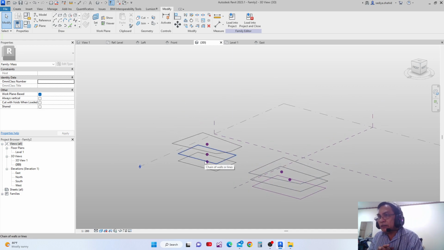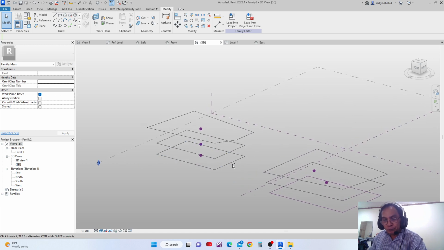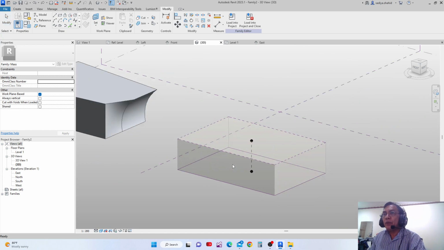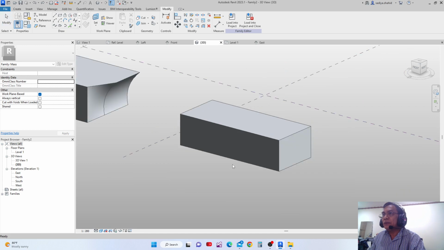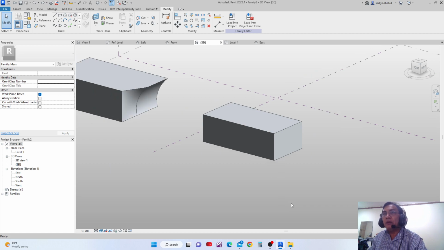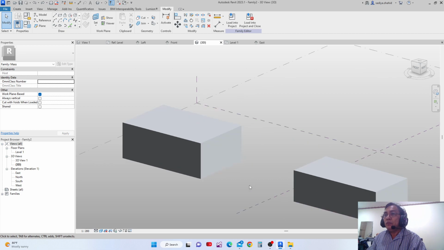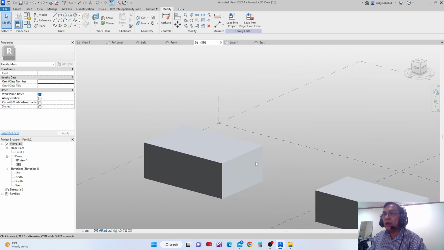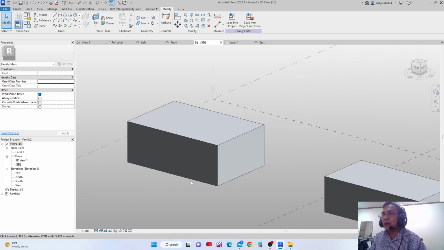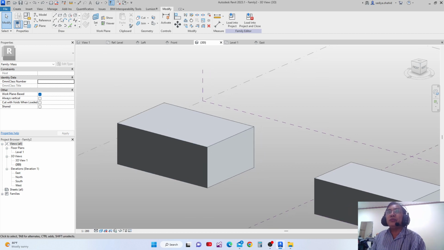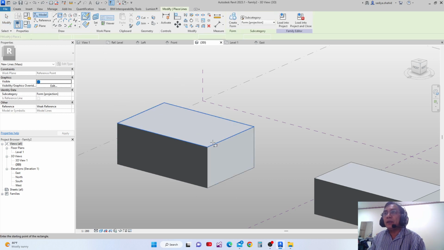Now let's discuss about this blend. In blend, as I have said earlier, I made this model line from here to there. But if I'm going to make this model line from here to here,